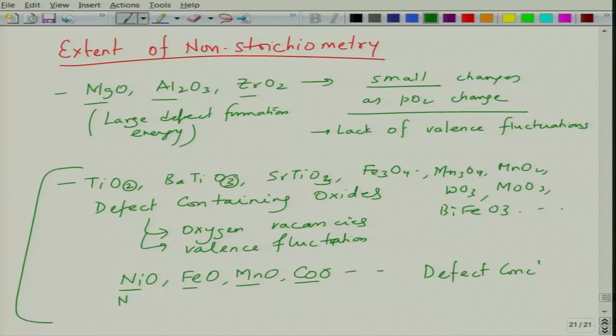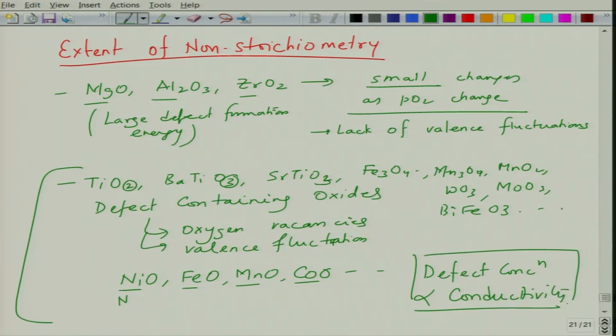So, this knowledge is very important to engineer because the defect concentration is directly proportional to conductivity. So, as defect concentration goes up, generally conductivity also goes up, and for dielectrics we need to reduce the conductivity. So, we need to reduce the defect concentration either by calcining them in conditions or sintering them in conditions which reduce the defect concentration, or if you cannot achieve that, then you need to dope it with appropriate dopants, so that you reduce the defect concentration which has been prevailing in that material.